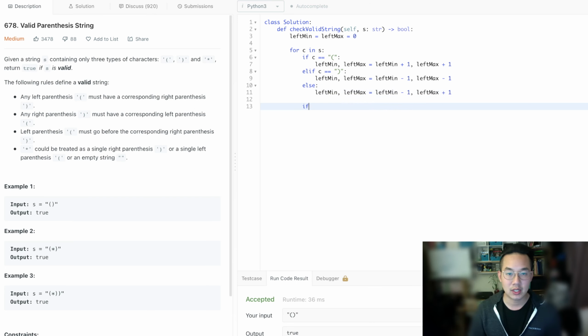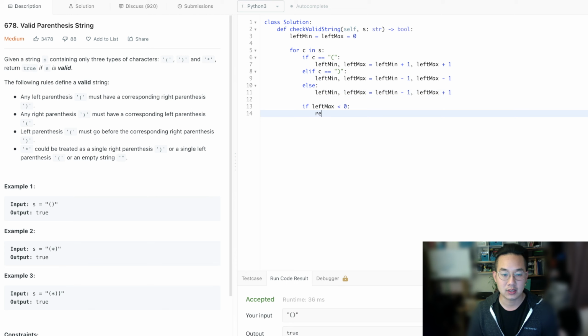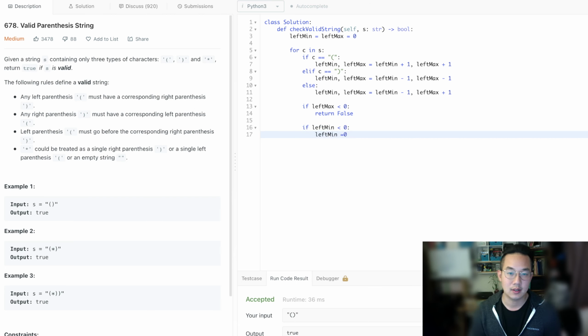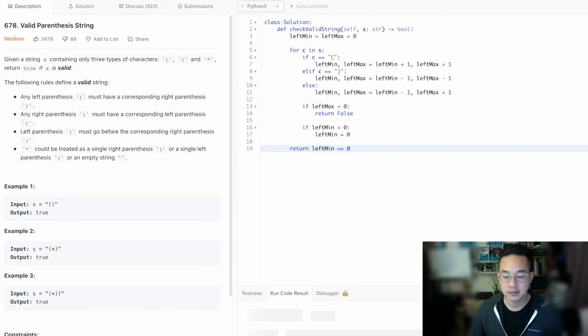With that, we can check if left max is less than 0, and we can return false if that is the case. And if left min is less than 0, then we reset it to 0 because we don't want anything less than 0. And with that, we can return if left min is equal to 0. Run the code